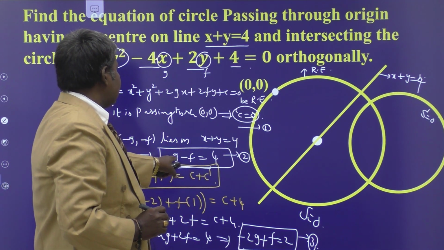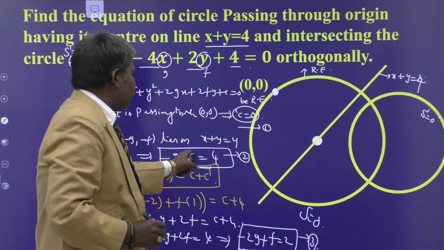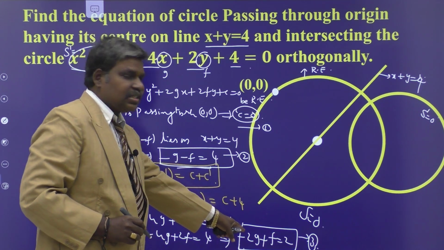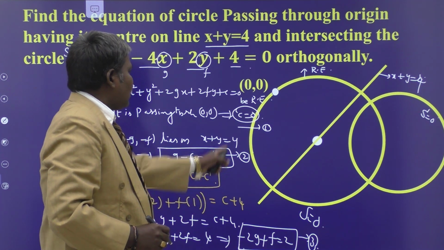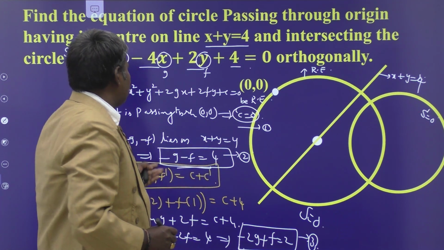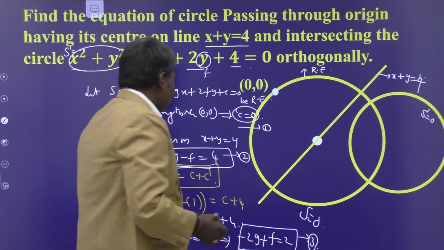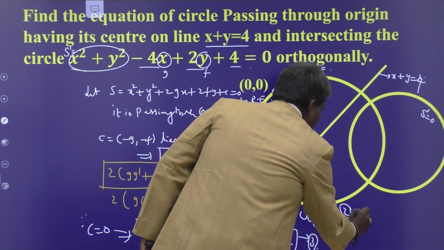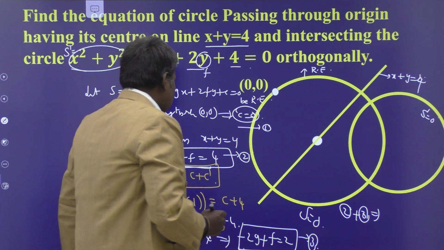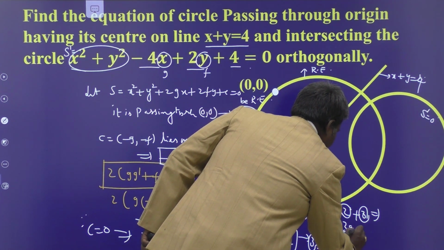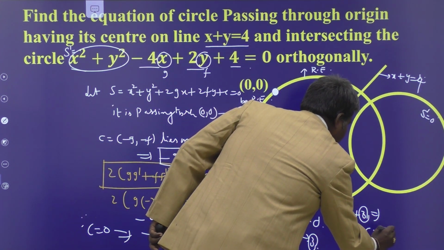See here, minus G minus F is equal to 4, minus 2G plus F is equal to 2. Can I eliminate F from these two equations or not? These two are equations in F and G. You can easily solve these two. We obtain F and G. Already C is 0 you have. So substitute the three values in S equal to 0, we obtain the required equation. So by adding 2 and 3, what happened? Dear students, minus g minus 2g, we mean minus 3g, is equal to 6. The f terms get cancelled, minus f plus f gets cancelled. G is equal to minus 2.